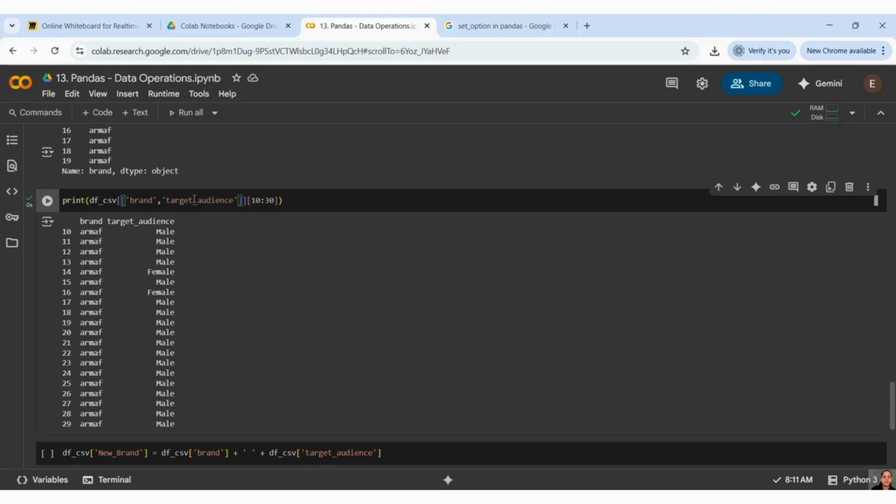I have already told you in our NumPy concept. The first one is my data set, and inside that, this is my list. I want to show my list of columns. When a list comes, double brackets are used. So this is how you can get your values.